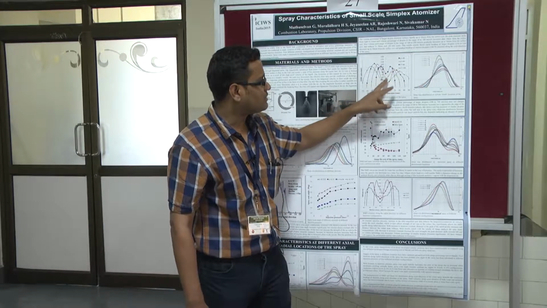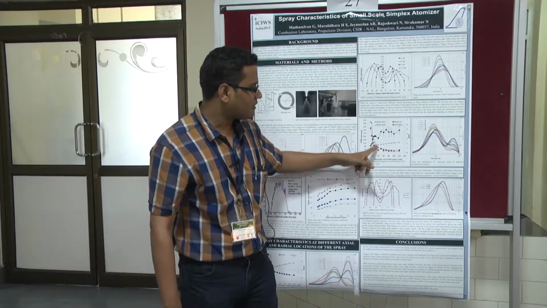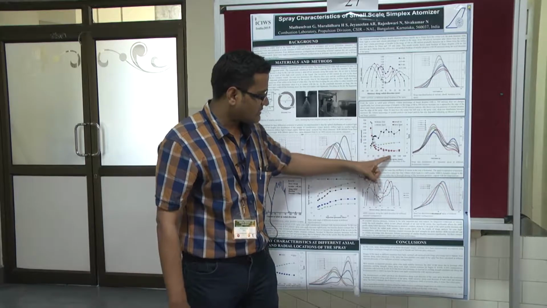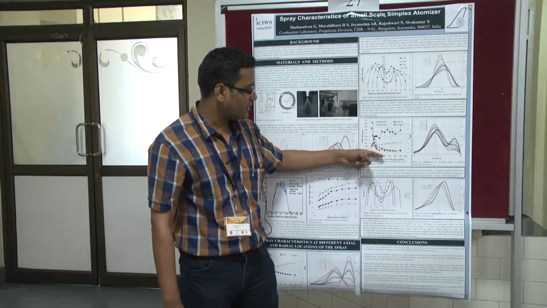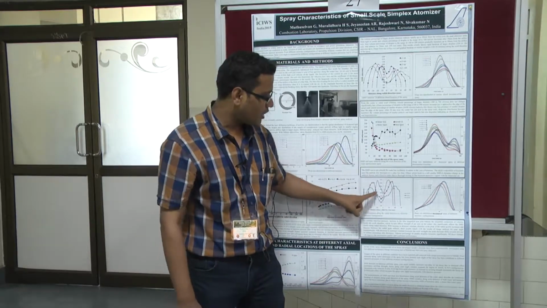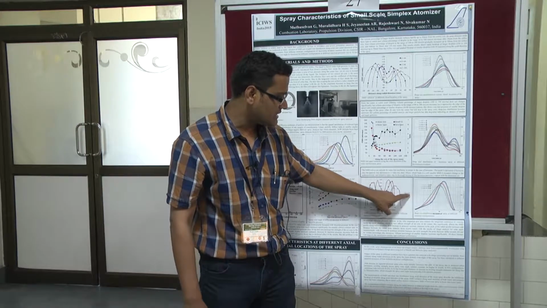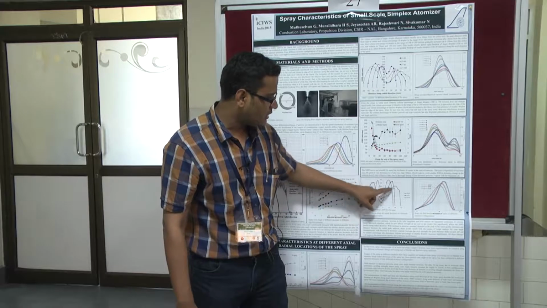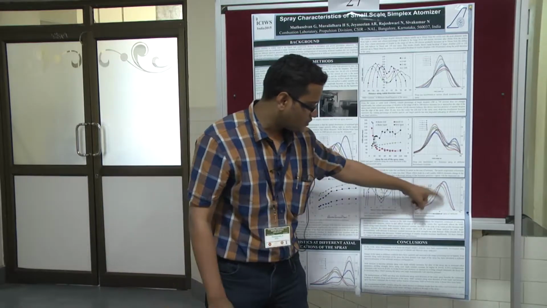And this is the SMD distribution at different heights. And here I compared the performance of water and kerosene along the axis of the spray, and how the water and kerosene are changing. Due to the increased kerosene, the droplet diameters are smaller. And here I compared different configurations, and finally the configuration which has lesser K is distributing at a higher radial distance and has lesser SMD. And this is the distribution curve.